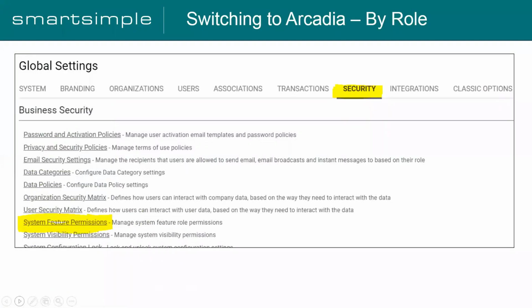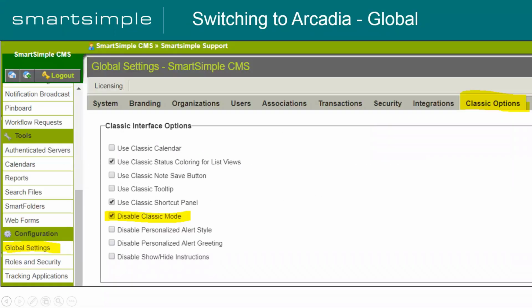Now, this is advisable if you want to start testing right now. You can actually do this on your backup copies. So what we've been advising to those who have contacted us so far is that you go into your backup copy, enable this setting, and once you enable this setting, all your users will be switched over to Arcadia interface, and then you can start testing.